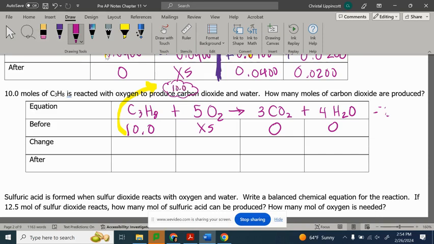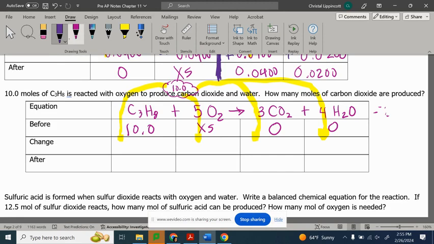All right. Now we are going to go out of the cloud. And when we come back down out of the cloud, what do we do? We're going to multiply. So we're going to multiply through the coefficients down to this change line. We are going to do what with our reactants? Are we going to add or subtract? Subtract the reactants and add to the